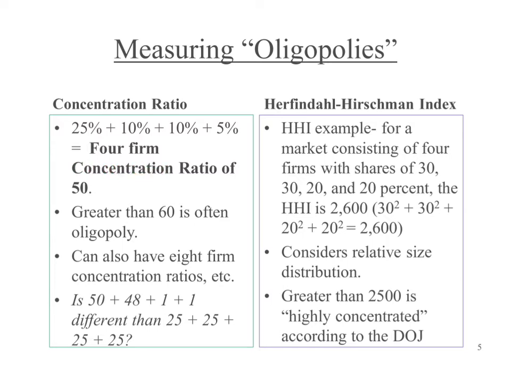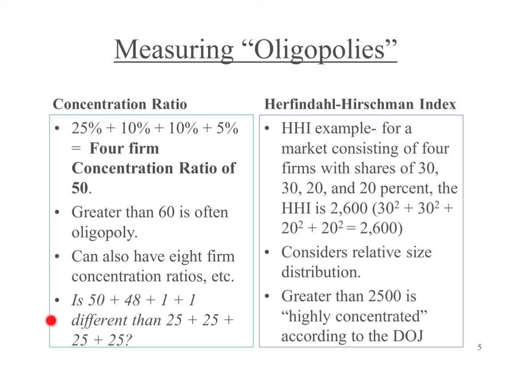If we have a four-firm concentration ratio, this would be an example of a concentration ratio of 50. The first firm has 25% of the market, the fourth largest firm has 5% of the market, and we've got some 10% here. This would be a concentration ratio of 60, and we'd say, yeah, that's pretty much oligopoly behavior, right? But there is a limitation with the concentration ratio, right?